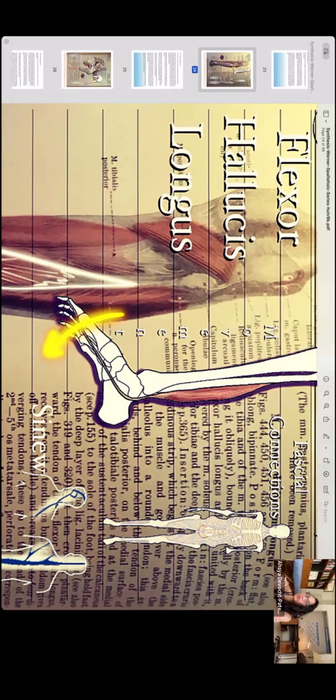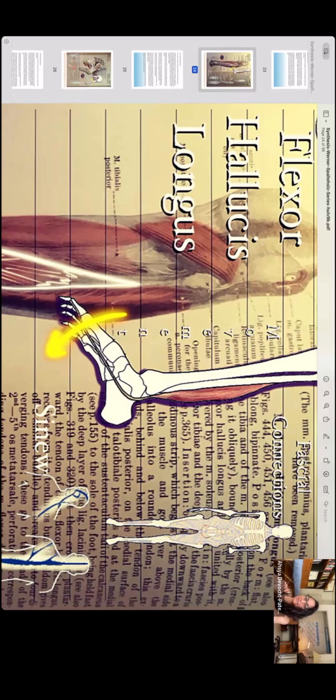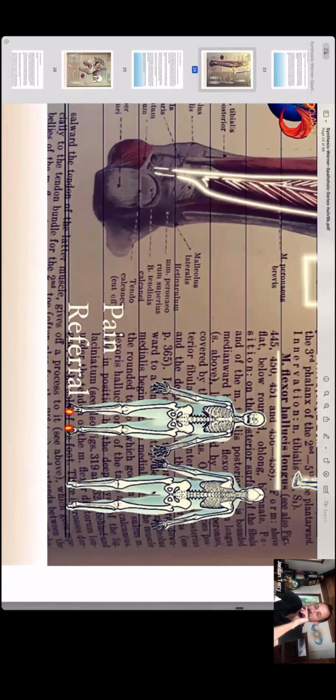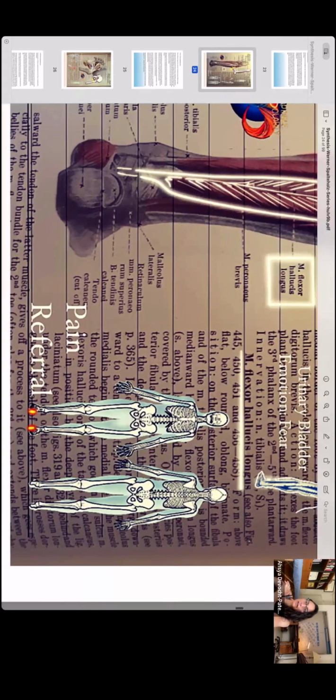But yeah, so toes, toe function, the ability for toe function to affect the rest of the body is a little bit crazy. If you haven't considered it yet, start considering it. See where I put it, way down over here. Pain patterns, basically big toe pain. But you can not have big toe pain. You can have some sort of hip pain or knee pain because this thing's just not doing what it was, quote unquote, designed to do. Right. A referral pattern of pain is